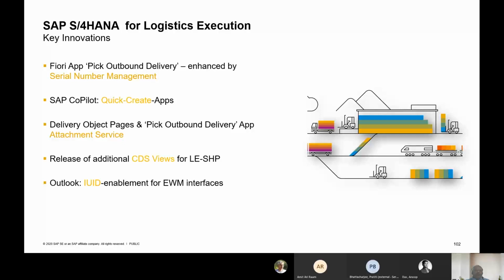And there are additional CDS views which have been enabled, which you can use for your reporting or for analytics. So we also have finally the UID enablement, which is related to defense and which also has an interface with EWM. So we'll see these in detail.